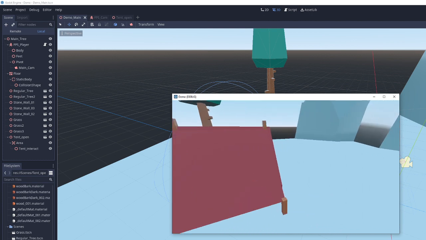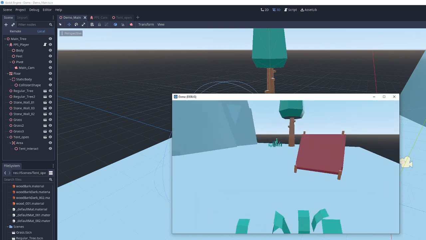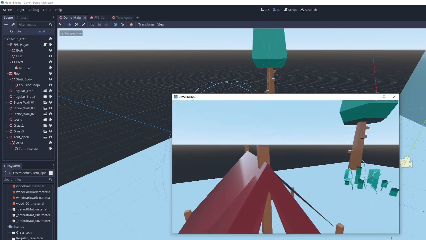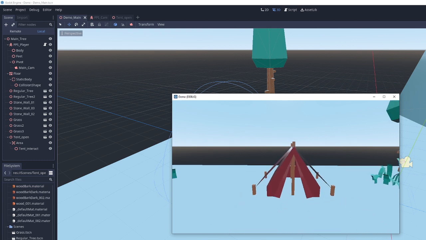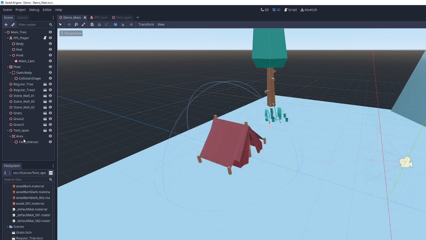So right now, it looks like this is working the way that I want it to, which is allowing me to walk through the interaction. The reason for that is that in my layer and my mask here, my collision is not set to interact with this FPS player the way that I want. So what I'm going to do, just for the purposes of understanding this, is go to my